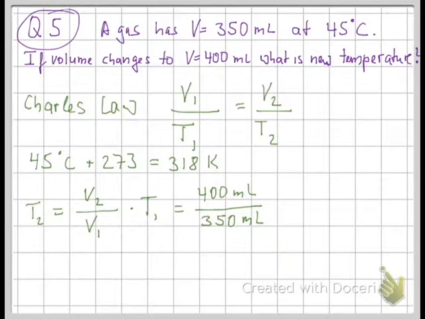So the volume changes. That means I'm assuming and predicting that the temperature has gone up. The volume changes to 400, and so it's expanding, meaning you would have to have it at a higher temperature to make the gas expand. And the 318 Kelvin equals